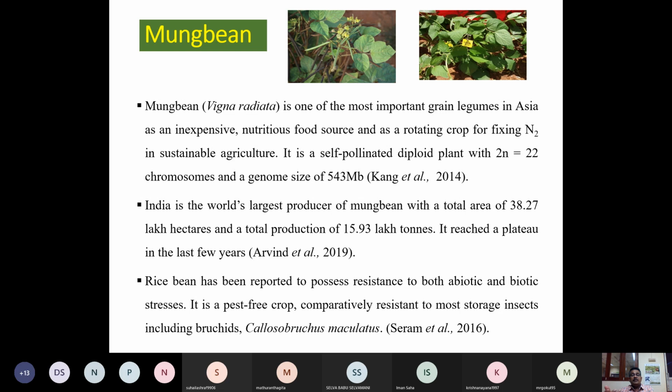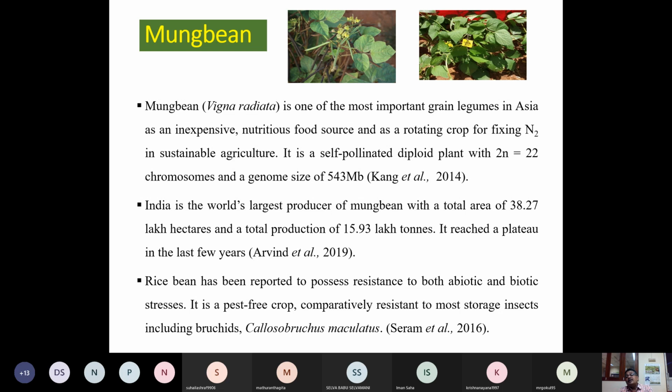For example, mungbean is a simple diploid, so first of all you have to look at how many chromosomes. In this case we have 2n = 22. It's a diploid species and self-pollinated. So it has less complexity when compared to tetraploid or hexaploid species like wheat. If it is a simple diploid genome, you may not have many duplicated regions, so it is easy to construct the linkage map. But if you have a tetraploid genome, or a hexaploid genome like wheat, you have 3 complements of genome. So again you have to choose chromosome-specific markers. In this case it is not a problem.